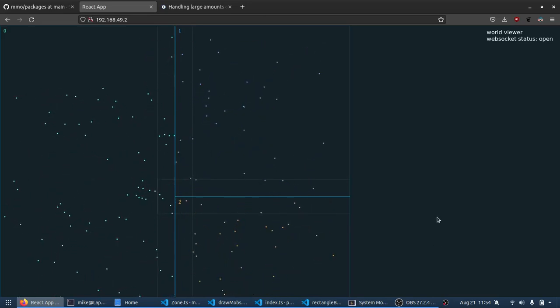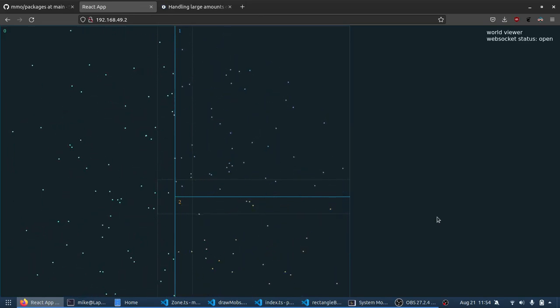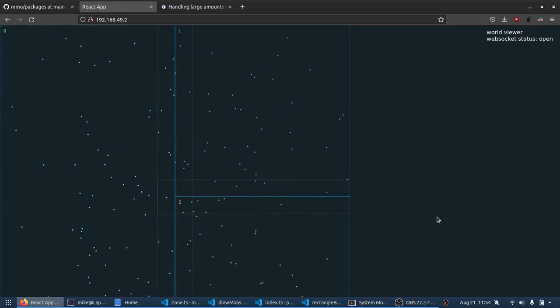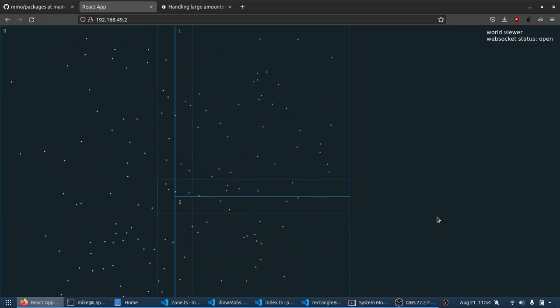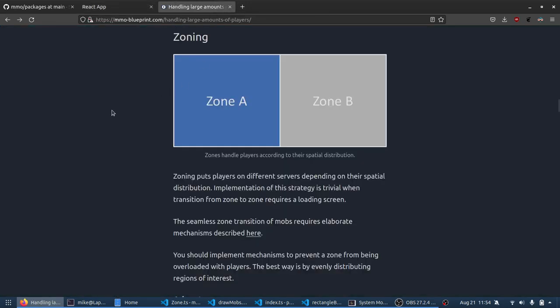Welcome to MMORPG Devlog, Episode 1, where I share my progress developing an MMORPG for the web browser. What I did to get started on this was I went to a website called mmoblueprint.com, and this website has articles about the theory and the concepts about how MMORPGs handle large numbers of players and how you can make a seemingly seamless world even though you are using multiple computers to calculate what's happening